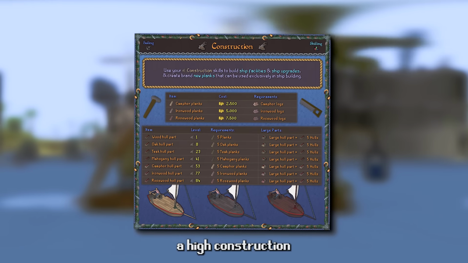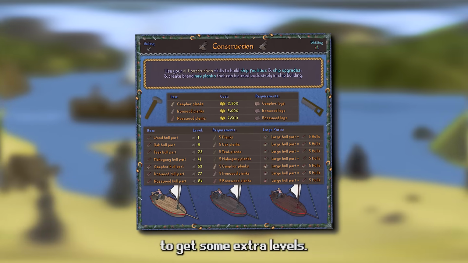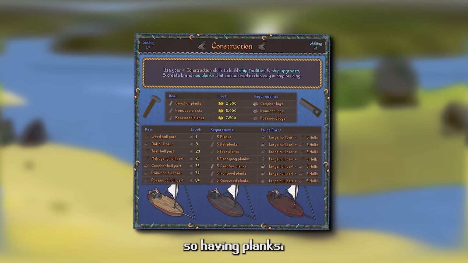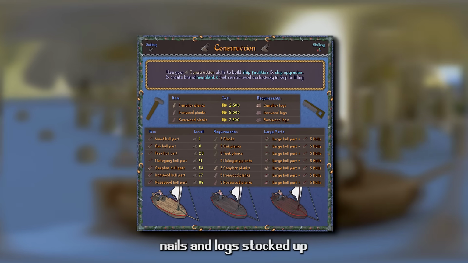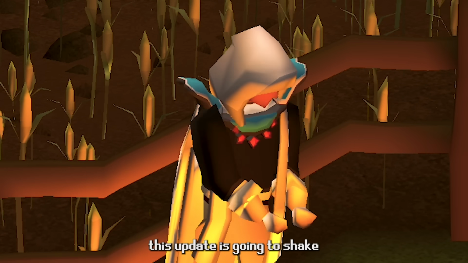If you've already got a high construction level, you're laughing, but even if you don't, it might be worth trying to get some extra levels in now. The devs have already said that construction will be massive for sailing, so having planks, nails, and logs stocked up could really pay off. Which leads me on to the market,